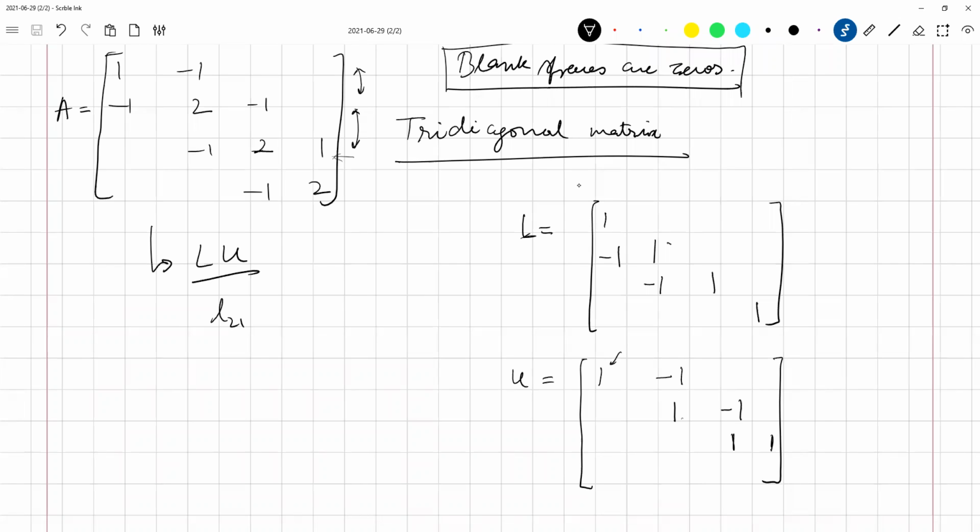So I made a mistake somewhere. Yeah, this is the mistake. It is -1. In the original matrix also it is -1, so this will be -1. I made a mistake in writing this down. So we have 1, 2, 2, 2 on the diagonal, and the adjacent diagonals on both sides are -1, -1, -1, and -1, -1, -1. So this one will also be -1.